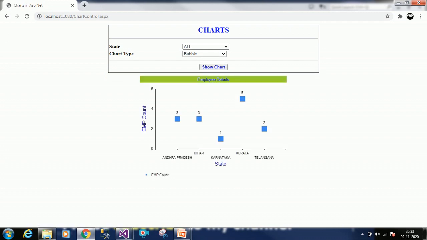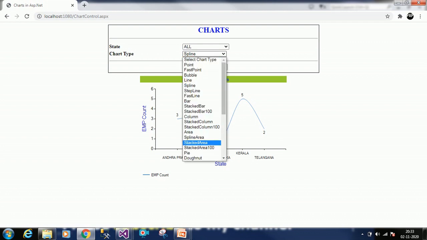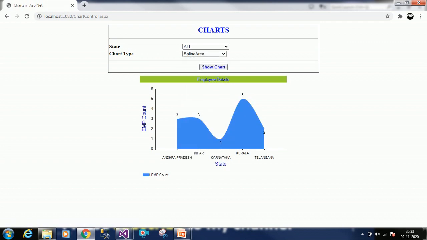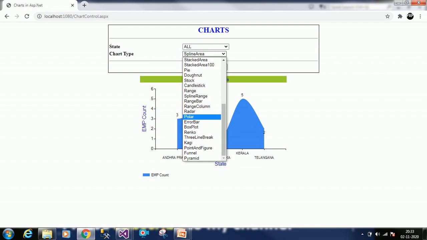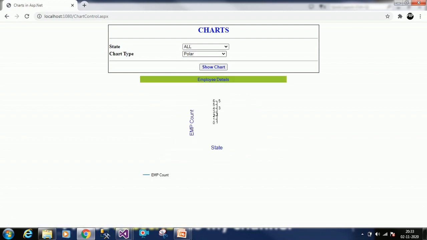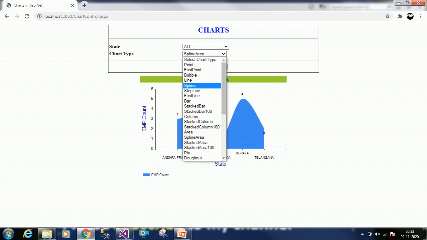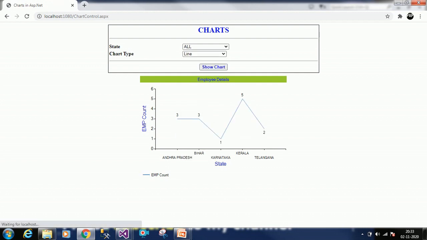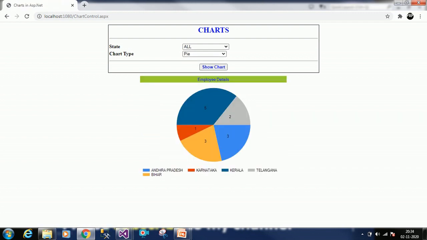So it is displaying now. Like this, you can generate different types of charts here. That's it. It's working fine as we expected. Thanks for watching my video.